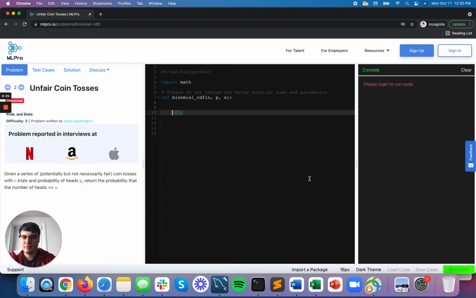Here we are working with a stats and probability problem. Given a series of potentially but not necessarily fair coin tosses with n trials and probability of heads p, return the probability that the number of heads is less than or equal to x. So this follows a statistical distribution